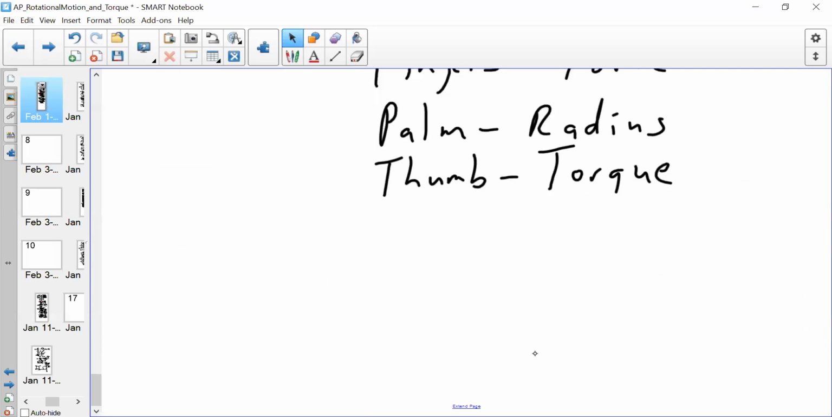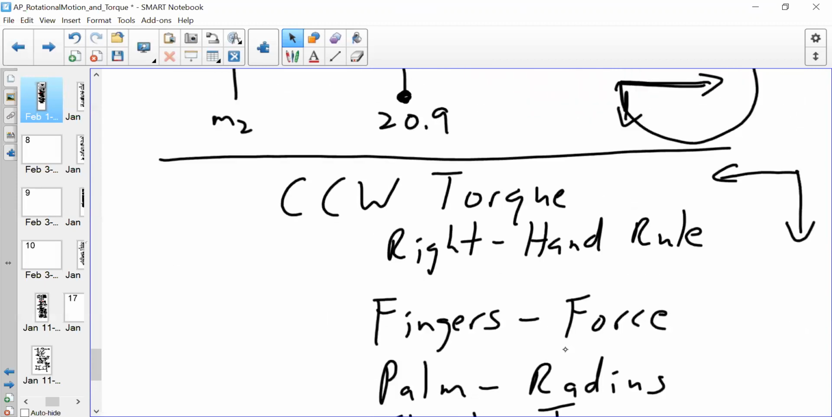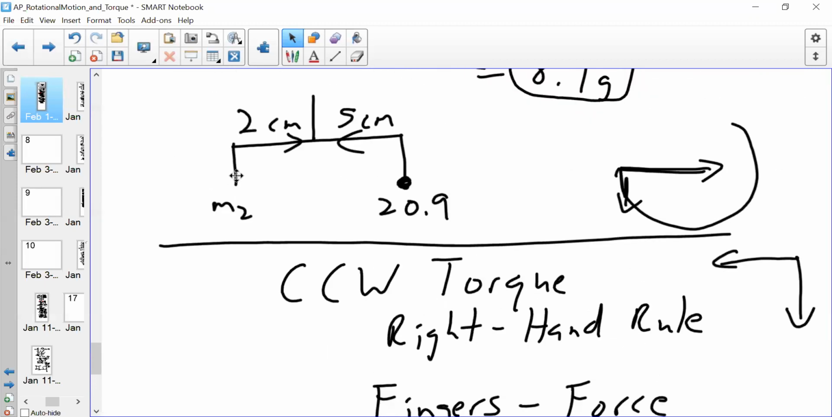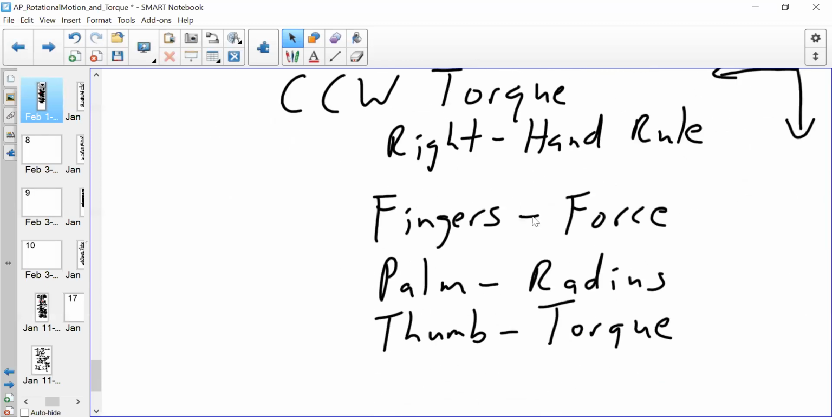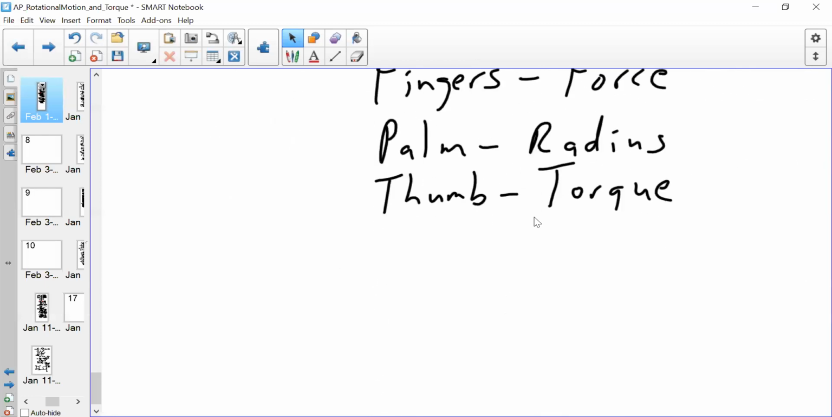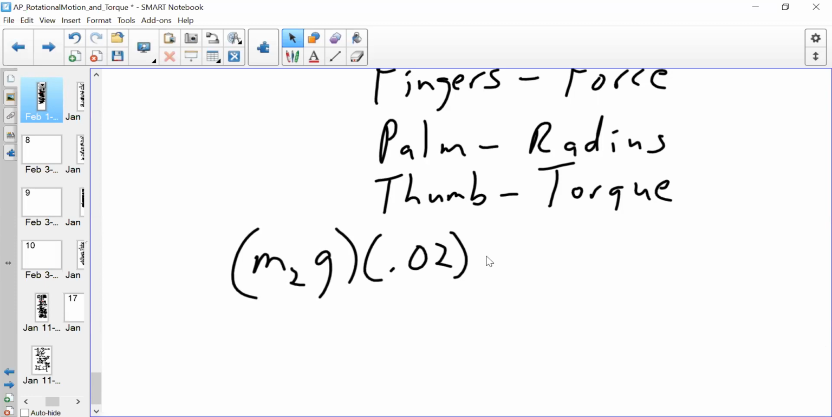And as necessary, we'll use it. But this is another way to visualize why things go clockwise or counterclockwise. So, okay, getting to the point of the problem, we have our net torque provided by mass 2, force of mass 2, or just the force due to gravity. Multiply that by the distance away from the axis of rotation. And then this is going to be subtracted from the torque provided by 20.9,